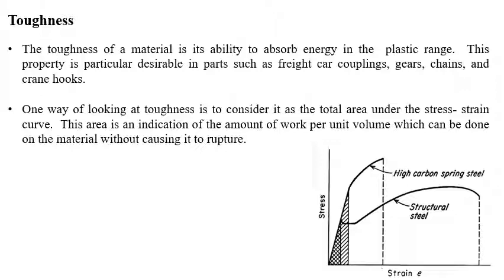So when it comes to the fracture point, we have one more property of a material, which is called toughness. If you can recall, resilience is the area under elastic deformation. Now toughness is the area under the plastic deformation, which is the total area from 0 to the final point. In other words, it is the ability of a material to absorb the energy in a plastic region.